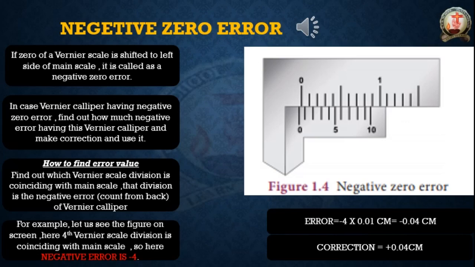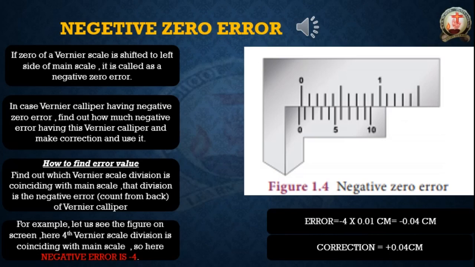Okay, that 10 is the 0, correct? From backward onwards you have to count that 10 is the 0. Is it coincided? No, it's not coincided. Okay, then 9th, before the 10 reading, one small value is there, that is not coincided. Then 8th line, it is also not coincided. Then 7th line, it is also not coincided.